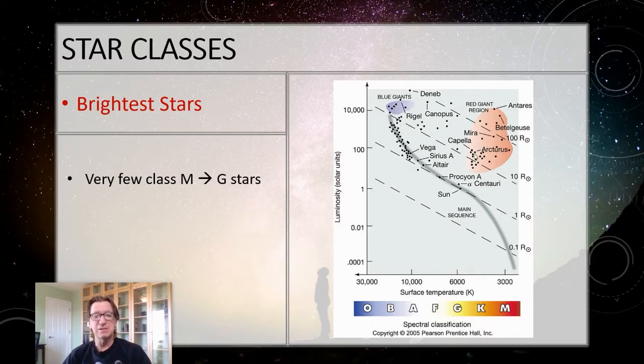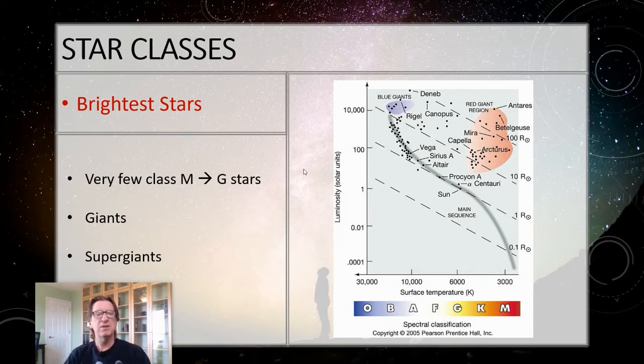These giants we can see, even though they're cool, they're very bright. So the giants are going to be bright, and so are the supergiants that are way up here. Okay, so we don't see the G and M type stars. If you were going strictly by what you see with your naked eye when you go outside, you might say, oh yeah, most of the stars out there are B's and A's or giants and things like that. Our sun is kind of weird. It's one of the coolest stars that we could possibly see.